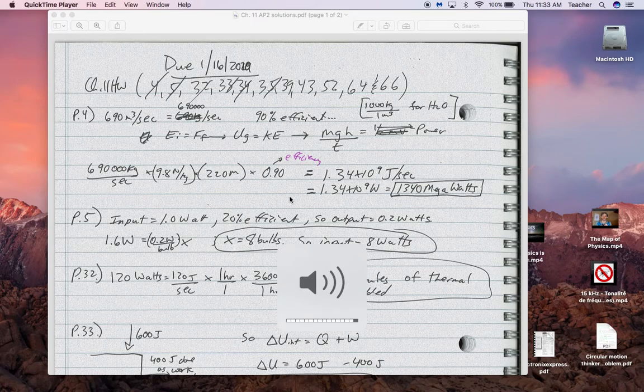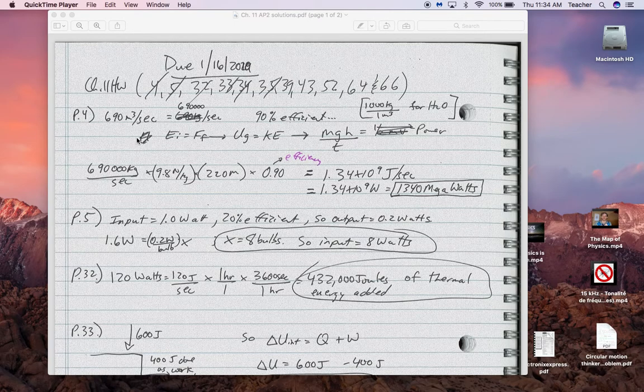We went through a lot of the Chapter 11 homework today. The key with this is making sure you understand the information that's given and how it relates to the idea of thermal energy and efficiency. So we've got, for problem 4, I think we went over in class, a